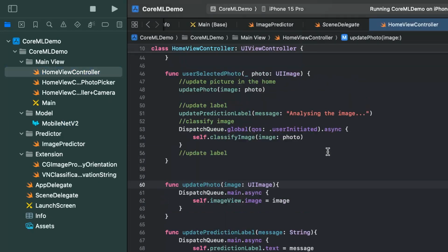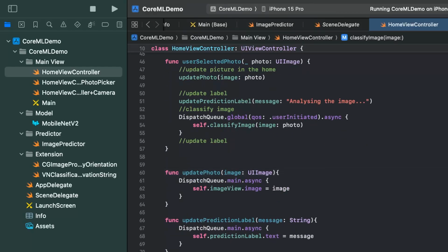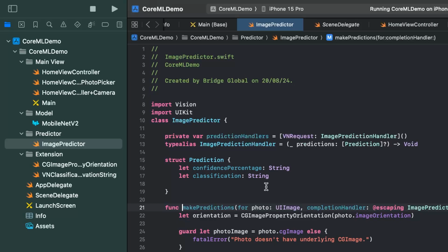This page right here takes the image as an input and passes it to this function, make prediction. This class is responsible for all the machine learning part, like analyzing the image, basically making sense of what the image is and giving us predictions.